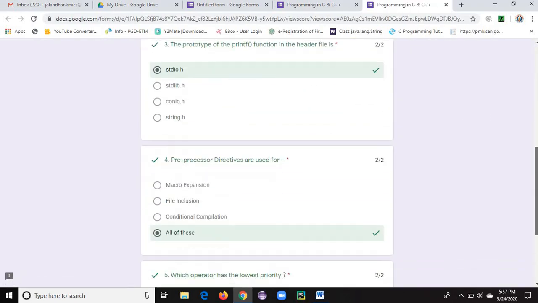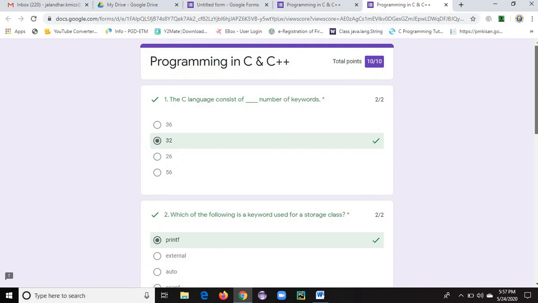Now see, according to the answers we have given, if there is any wrong answer, it will show the wrong answer also. Each question carries 2 marks, so 2 times 5 is 10 marks. 10 out of 10. This is the way. Certification you can do in the next session. But how to create a Google form and how to add questions into this Google form, this is the procedure we needed to see. Okay.